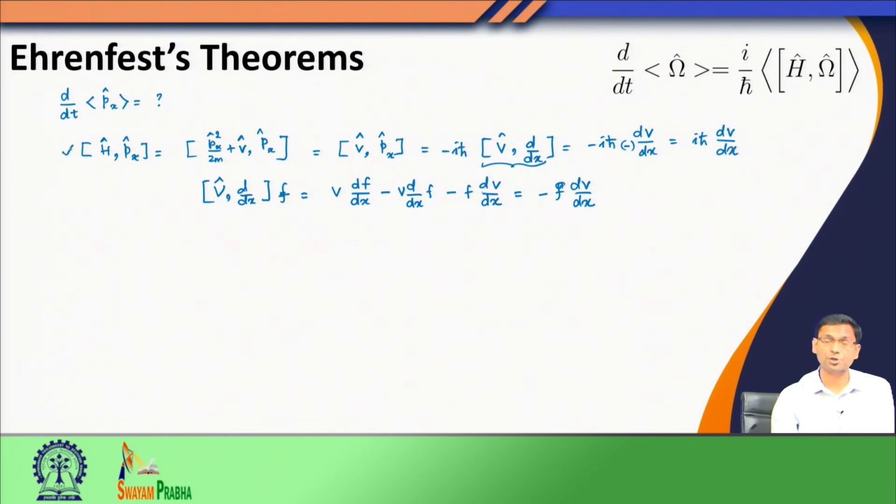Now, this is the commutator between the Hamiltonian and P x. Now, what is the time evolution? This one would turn out to be i divided by h bar multiplied by the expectation value of this quantity. So, let us see. i and h bar are constants, so I am bringing them out of the expectation value. I would get minus 1, h bar will cancel out. So, I am left with